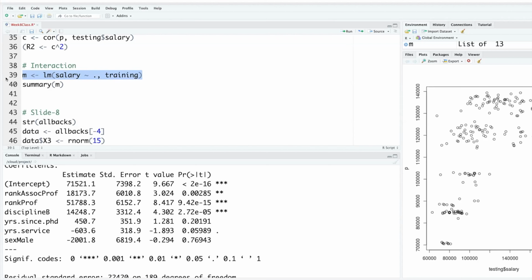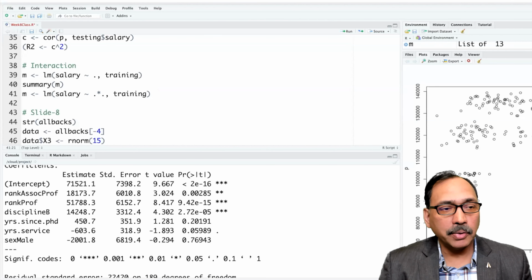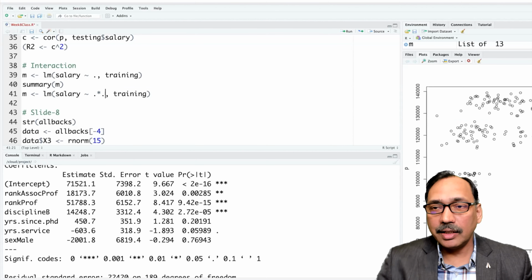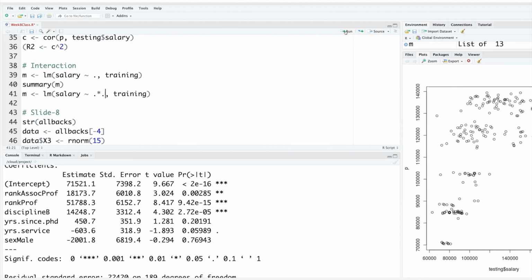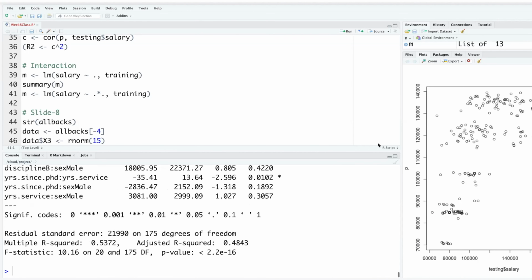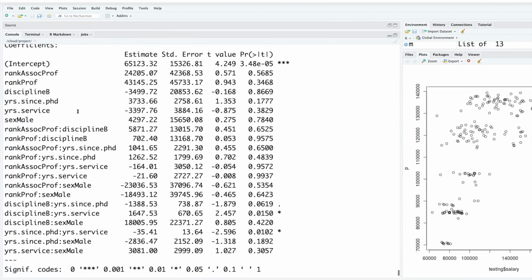So let me copy this and paste it again so that you see the difference. The way we do this is we say dot star dot. So dot is like all independent variables, and star is times all independent variables. When you run that and then run summary again, you can see now there are so many coefficients.